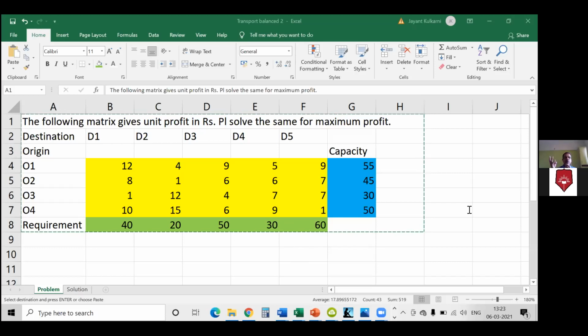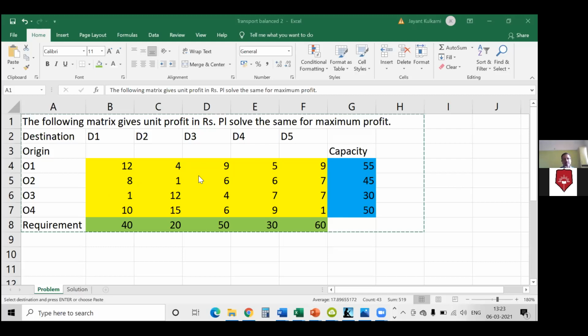Okay, so remember the variations, please. Our first example was only a minimization problem where we were given a transport cost matrix and we were asked to minimize the cost, right? That was our first example. In the second example, we did exactly the same, but with some prohibited routes. We handled the two routes by putting a large value in the cost field, correct? So that's the variation that we did. We are doing two more variations in this particular example, which is the last example we are going to do. What are those two variations? Number one, it is a maximization problem now because this is a profit matrix and not a minimization problem. So that's variation number one.